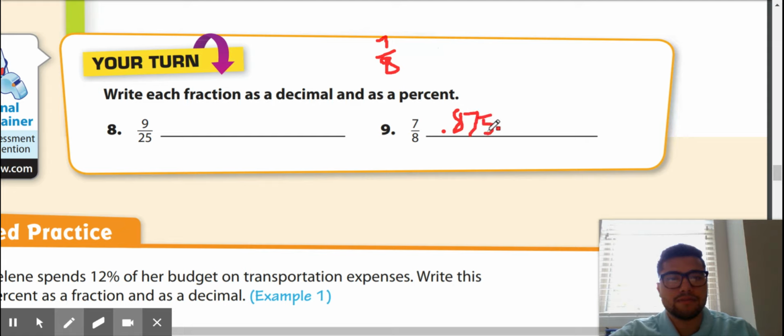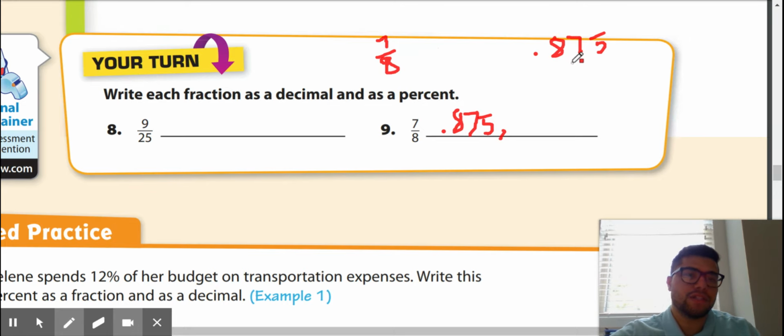Now, we're missing the percentage. So we have 0.875, and we know that this can be put into a fraction. This is the tenths place here. So we're not going to use over 10 because that'd be too small. This is the hundredths place right here, from the decimal point. So it's, again, too small. But we do have a number in the thousandths place, so we can actually write this over 1,000